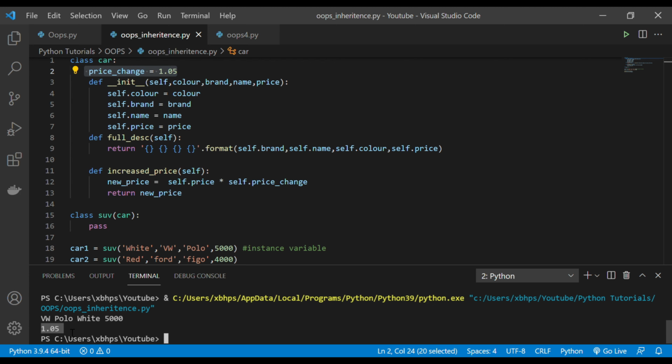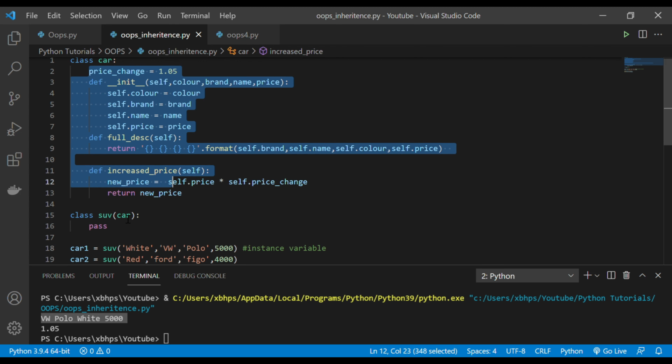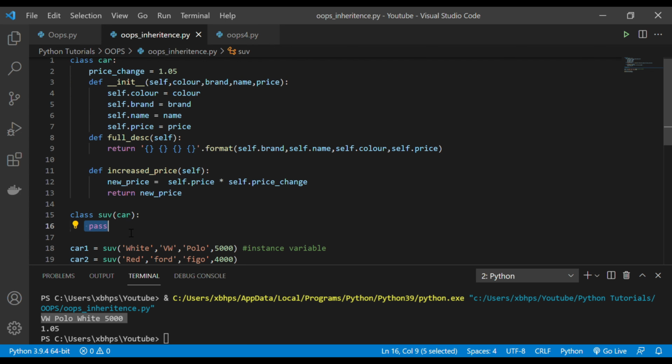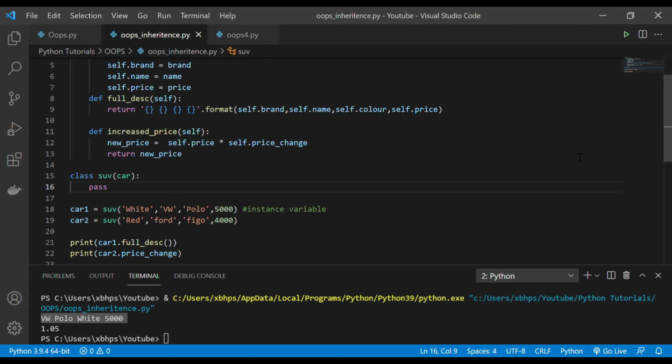You see, this class variable I'm able to use, and all these instance variables also I'm able to use, which are defined, which are used through a method, which is used in a different method inside it. So I am able to use each and everything which I have in the car class, just by simply extending it to that class and not putting any statement inside it. I'm just passing.